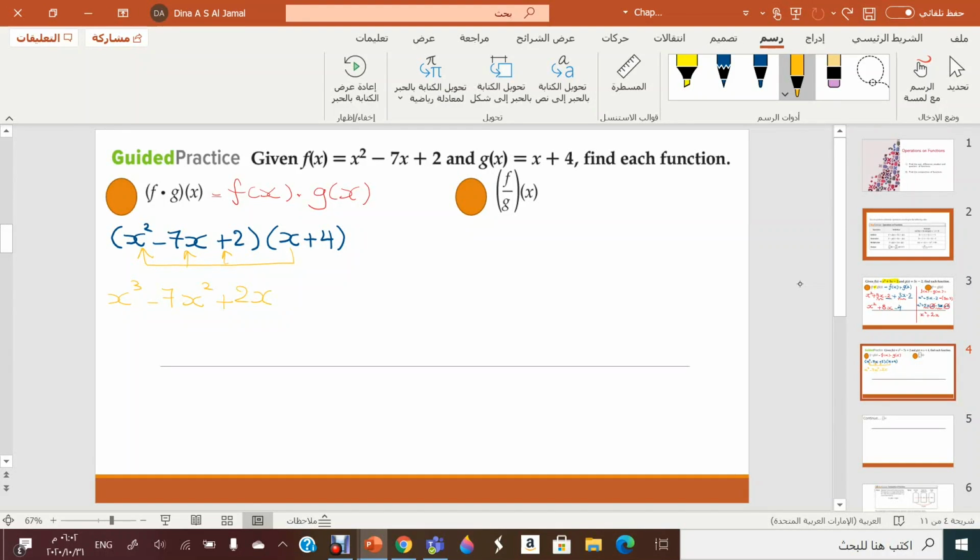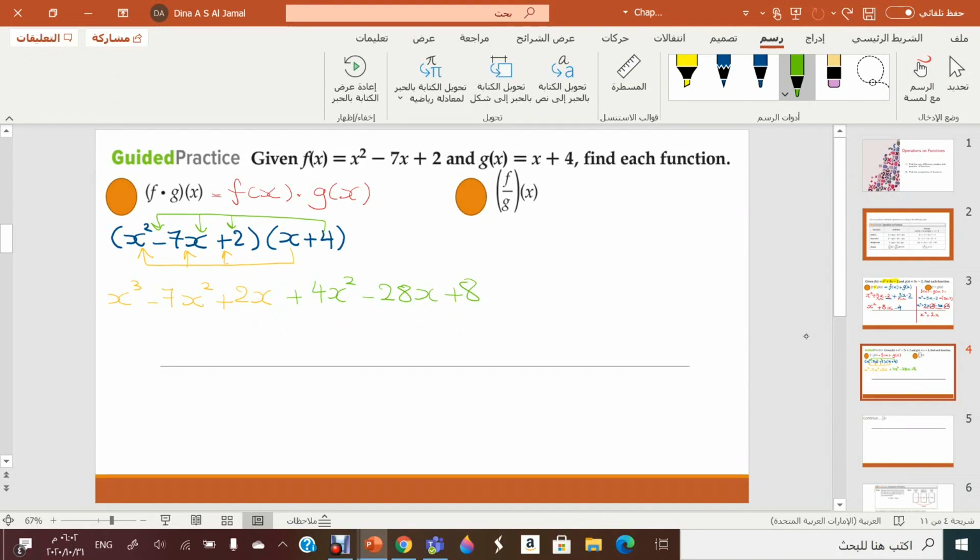Then to the other term, plus 4x squared minus 28x plus 8. So with this, I will be getting